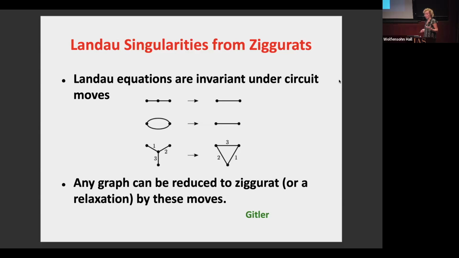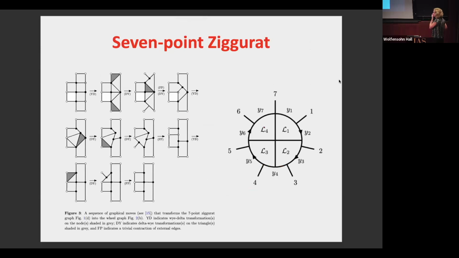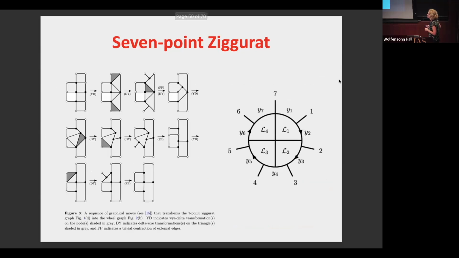It's been interesting to look at those. And indeed, for 6 points, you can start with a ziggurat and do these circuit moves to reduce it to a graph like that. And that matches the 6-point symbol alphabet. Okay? So then one can start playing with this. For example, you start with a 7-point ziggurat and do your Y-delta moves, and you reduce it to a graph like that. So this is already a very high loop result. This is a 4 loop, and this is a 6 loops, but it all reduces to analyzing Landau singularities